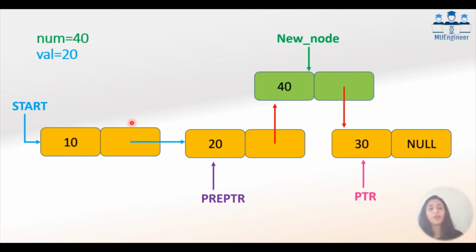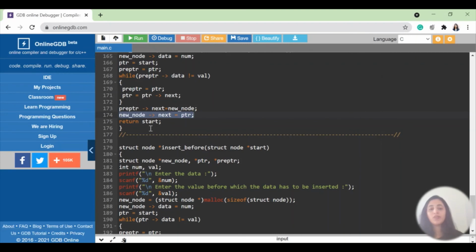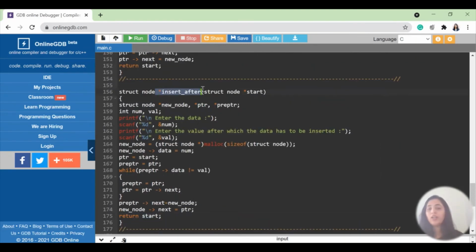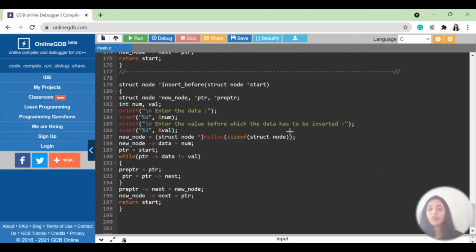So with this particular way you can say I have got the linked list now. Start is pointing to 10 which is pointing to 20. After 20 comes 40, after 40 comes 30 and then you finish. So here I have added 40 after 20. So with this we are done with the function. We return the start of the linked list and we are done with the function insert after a node. I hope you understood it well.